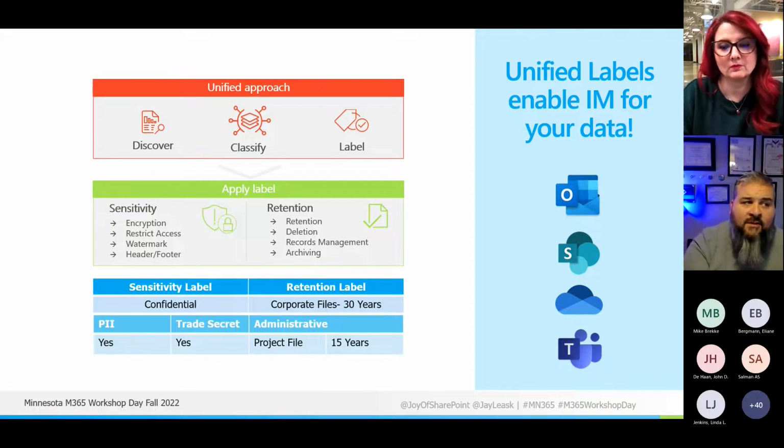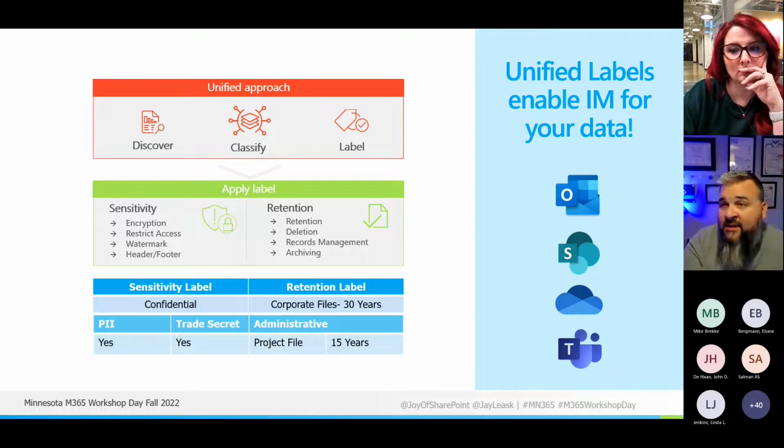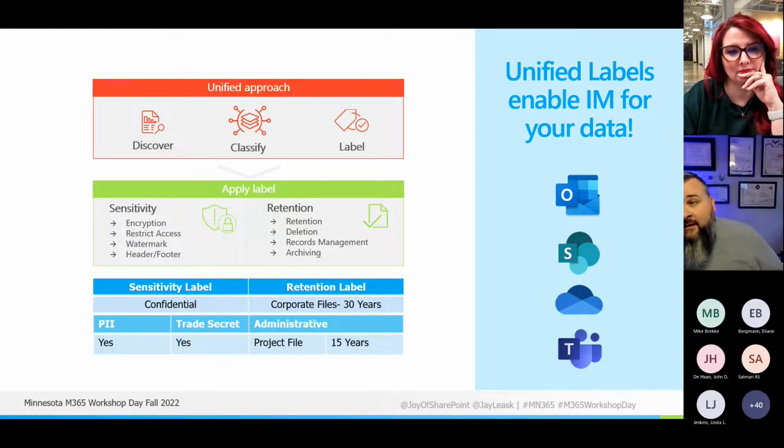Same thing happens on the other side. So you could have confidential as a status, but if there's a difference between what happens with PII, personally identifiable information, and what happens with a trade secret, if they have different outcomes, you need to consider that they may have to have either a different label altogether, or your label actions might need to also look at other data to determine what to do with it.